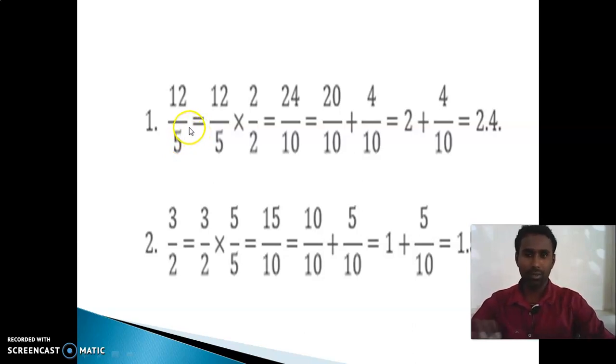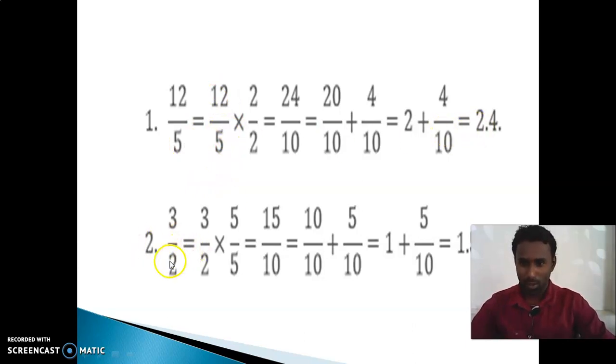Just wait. If you know the division, just put 12 divided by 5. So 2 5s are 10. Right, 2 5s are 10. Remaining what? Remaining 2 only, right? So for 2, if you make 1 point in the quotient, we can add 0. So after 2 we add 0, 20 will come. Now 4 5s are 20. So directly we can cancel.